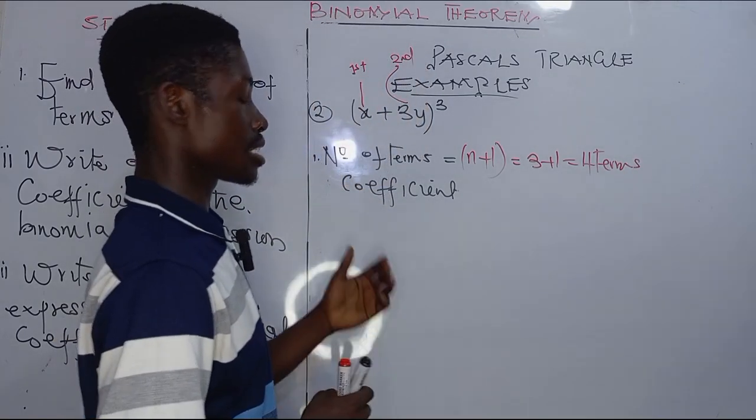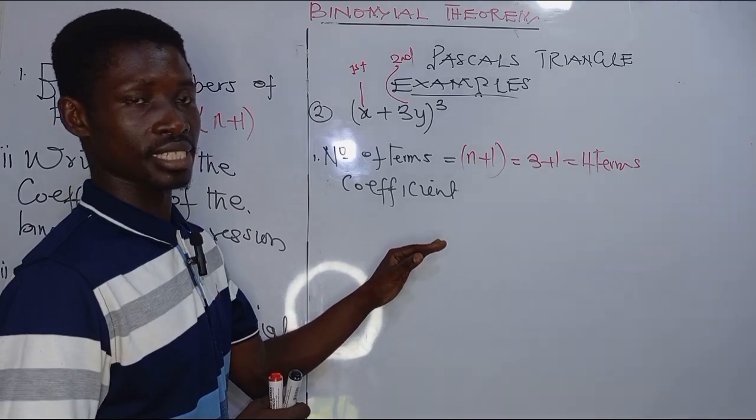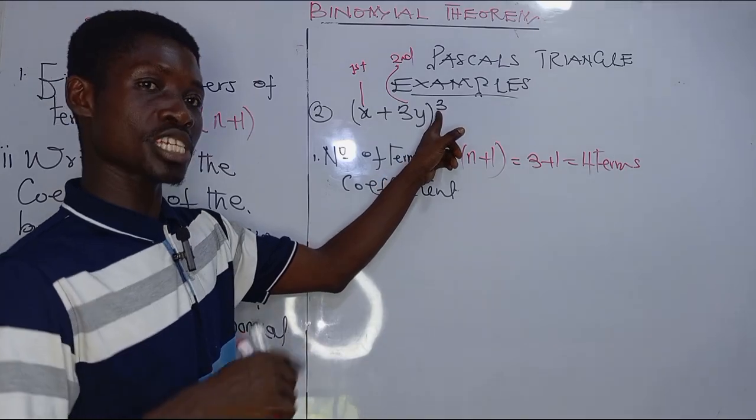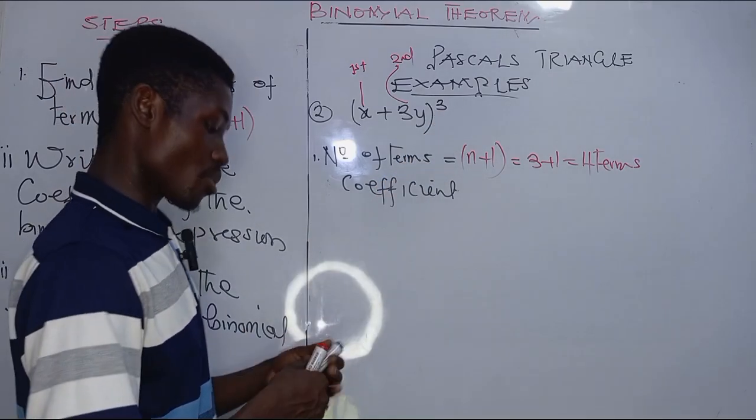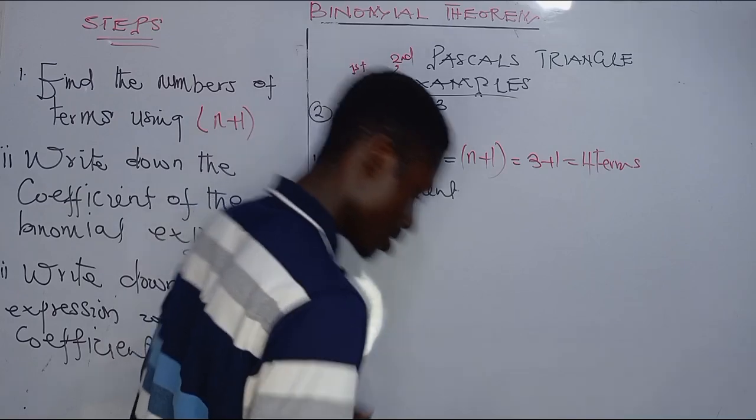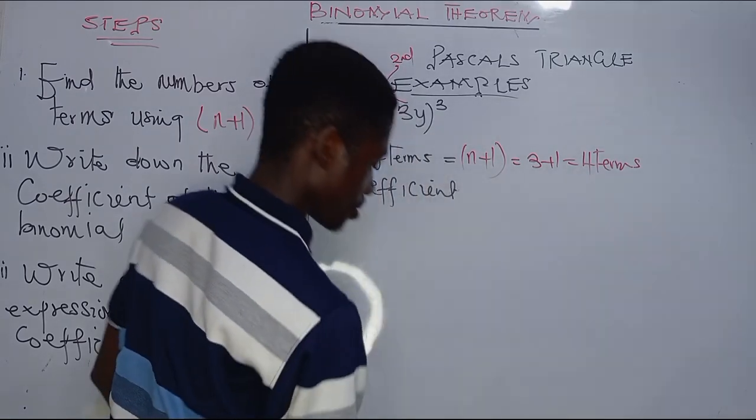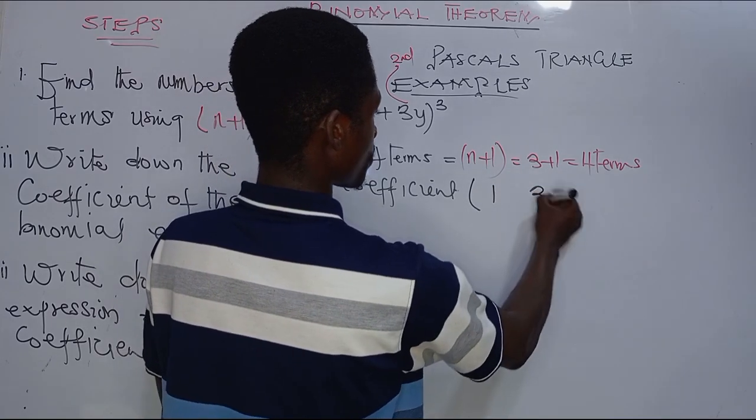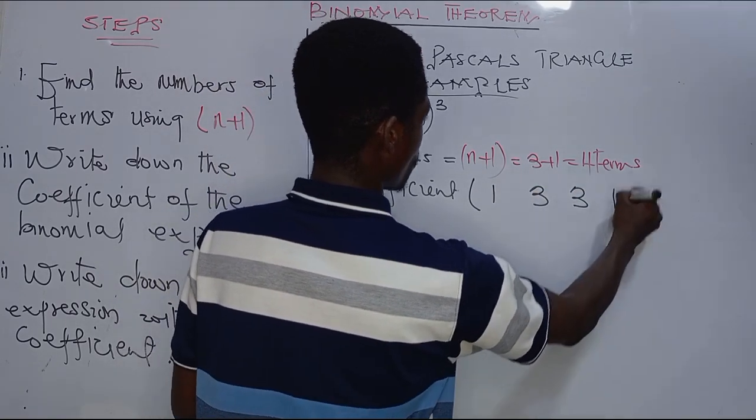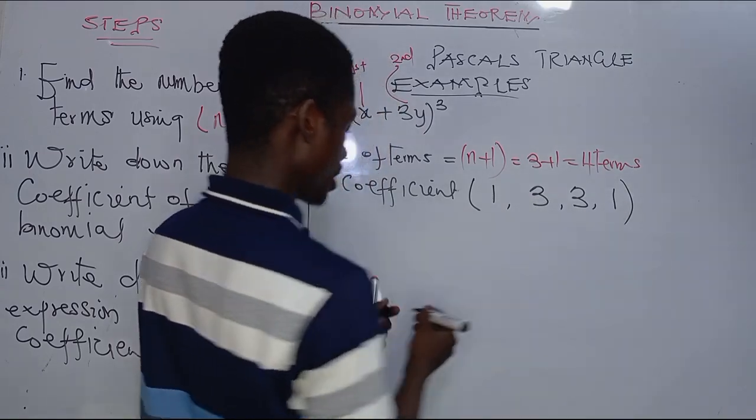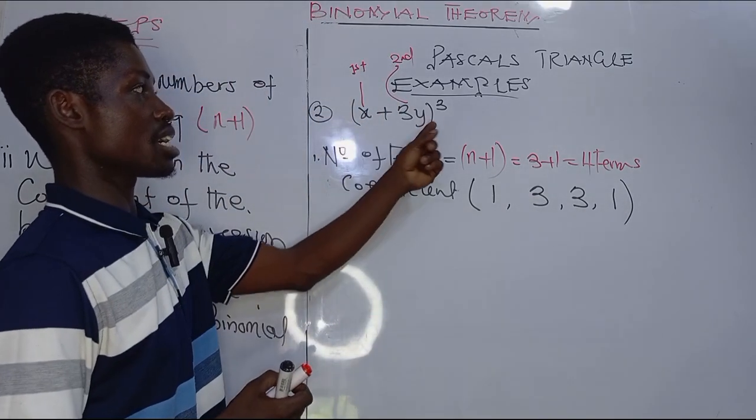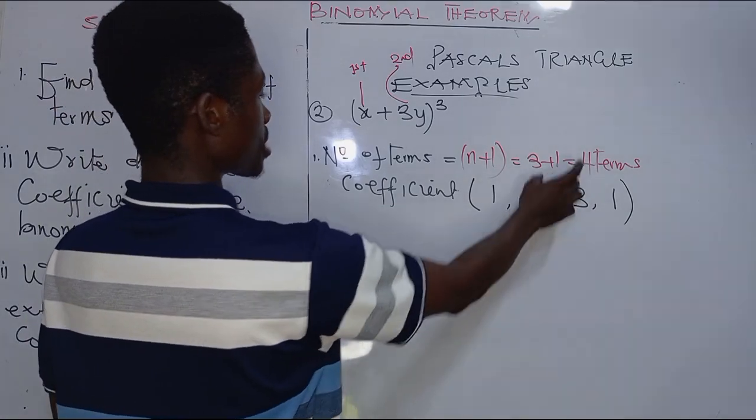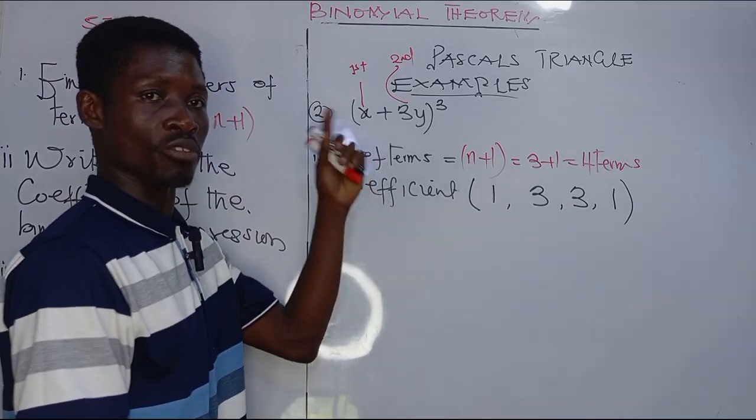Then the second step says that we should write all the coefficients of the binomial expression with this very power. So for a binomial expression with a power of 3, the coefficients are going to be 1, 3, 3, 1. These are the coefficients of a binomial expression with a power of 3. Good. Now that we have the number of terms and the coefficients of the binomial expression with a power of 3,